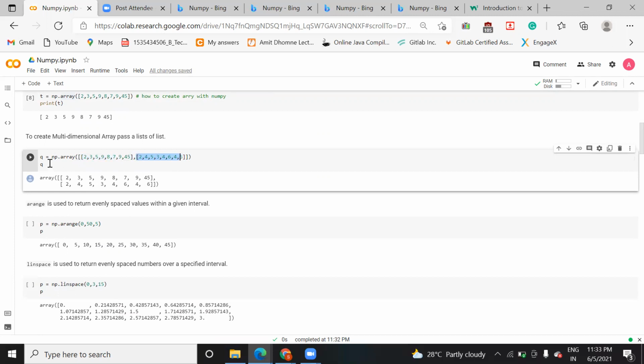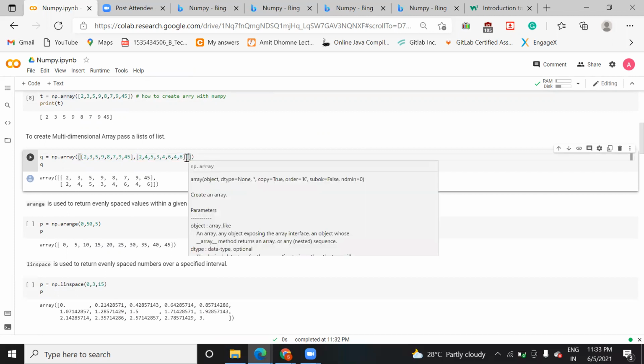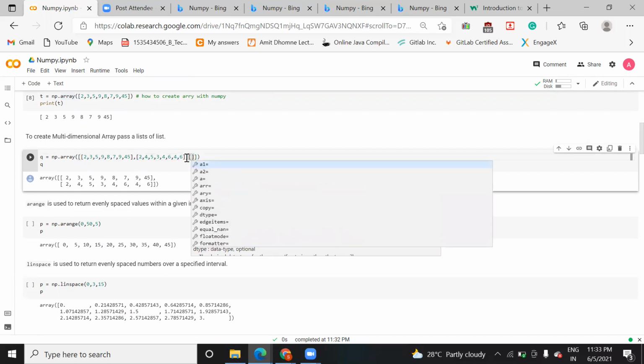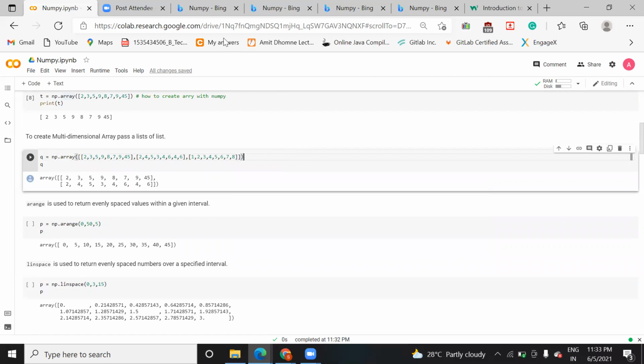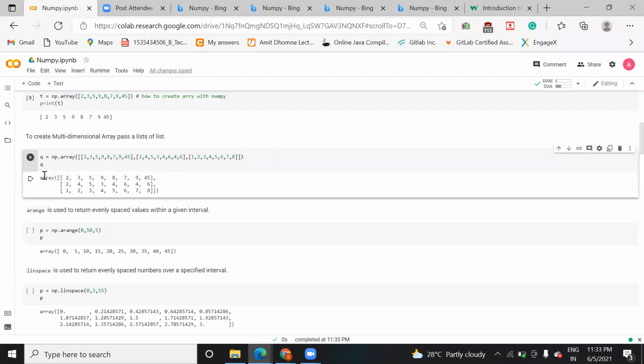Let me add one more square bracket with the values 1 2 3 4 5 6 7 8. Let me run this and see whether it gives output. See here, I have created one more row.